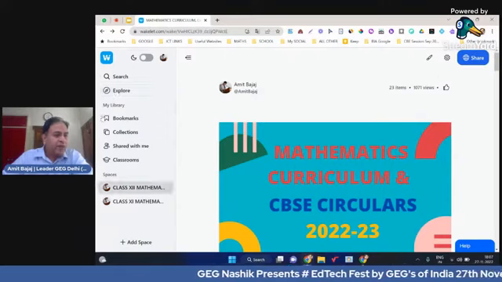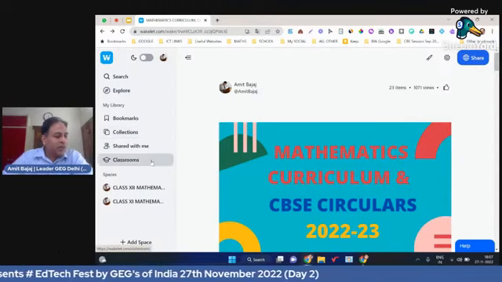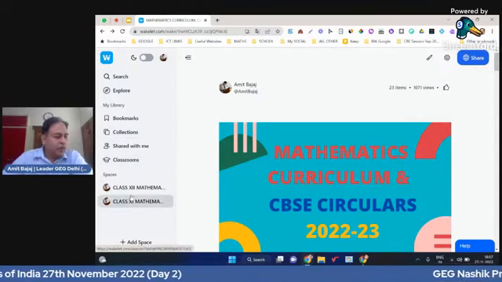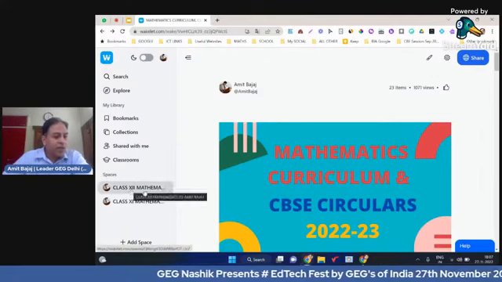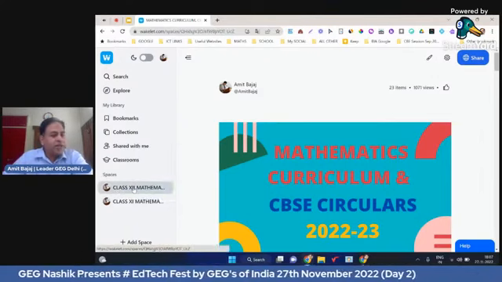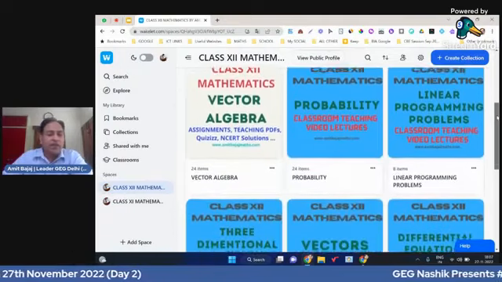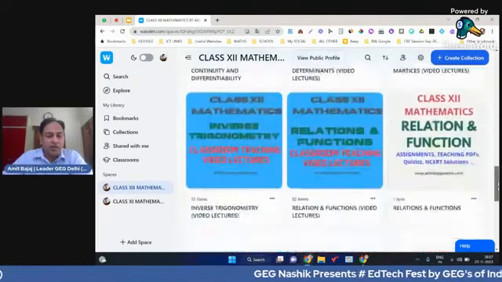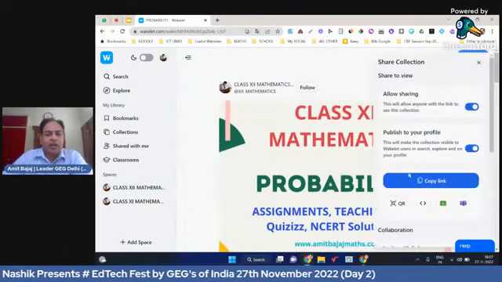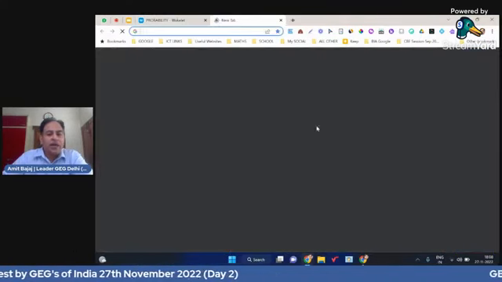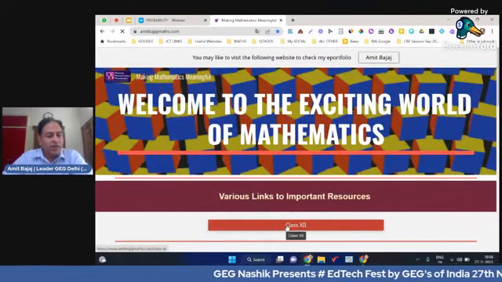On the left hand side panel, you see there is the option for search or explore, collection, classroom. I'll not cover classroom because for that I need an official account, and spaces can also be created. Since again the time is limited, I will not go into the space creation part. But once I click on the space, say class 12 mathematics, you will see over here all the resources which I specifically created for grade 12. So they are available. And as Meena ma'am has shown, when I click on any one of them, and we have seen how to get the link of it, I copied the code, and then I simply go to my website, maybe then I open my class 12,